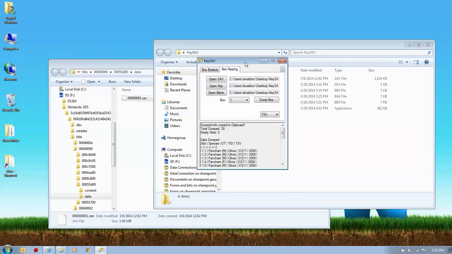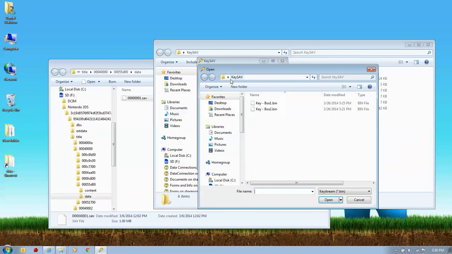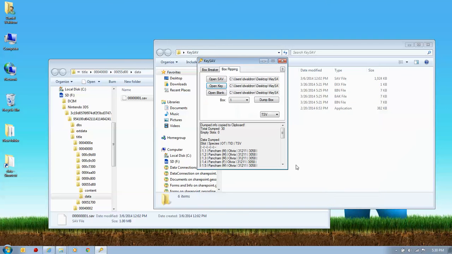So that's really it for KeySAV. It's a very basic program, but very helpful. All you do is you load your save file, you load your key string for the box you want to do. So if we wanted to check what was in box 2, for example, you would just need to change the key string. Instead of box 1, click box 2. These other two files stay the same, and if I click dump here,